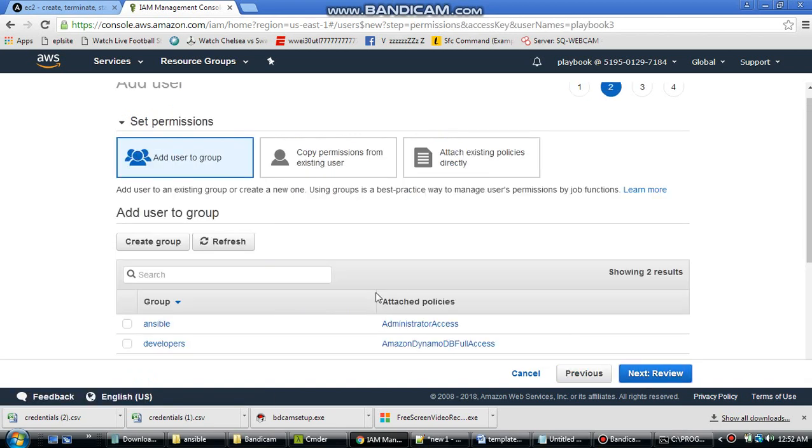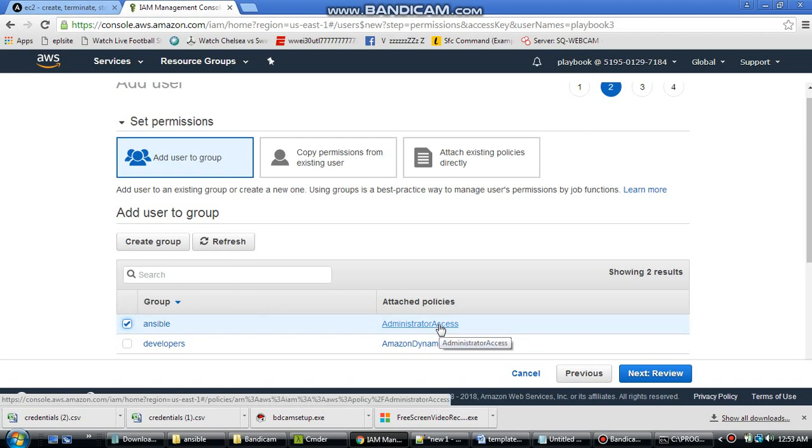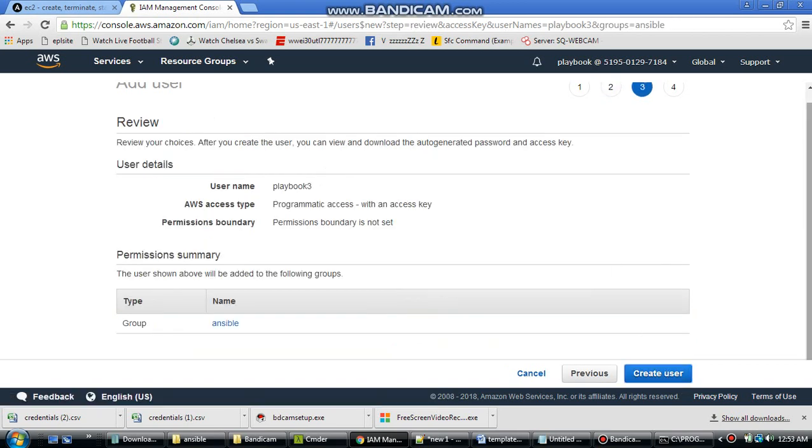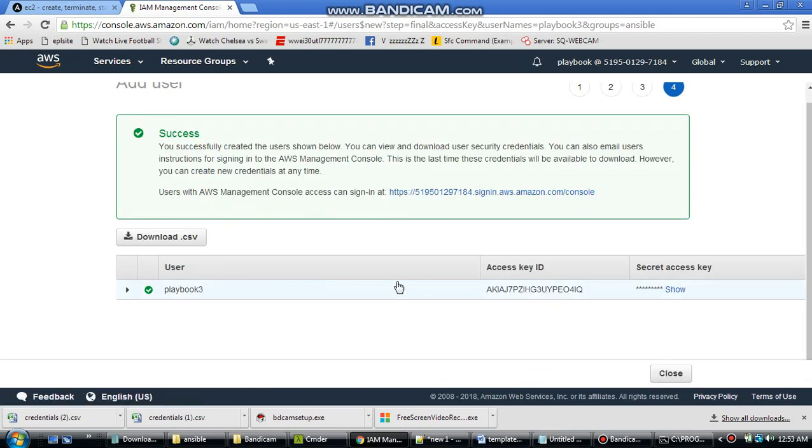Let me show you once again. Let's put it in the Ansible group. The Ansible group has admin access. Like I said, it has admin access. So make sure your user has admin access. So we're going to create the user. Now if you notice here, we have the access key ID and secret key. You need these two. Make sure you store this in a good place. Make sure you keep it